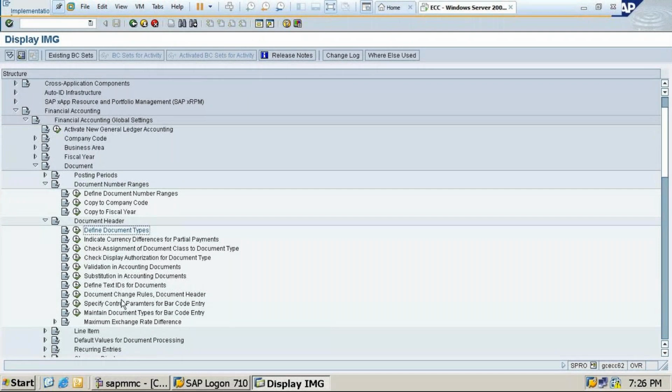So that's all. You practice with this, how it will be working, and these are the defined document types we have done. Tomorrow I'll start with accounts payable: how to create a vendor account, how to do postings, how the documents work. We already created document types, then we'll do posting and parking. Parking is not direct posting. That is the general vendor invoice posting. It will take one or two more classes for this. On Friday, if any doubt sessions are needed, we will revise. Next will be accounts receivable.